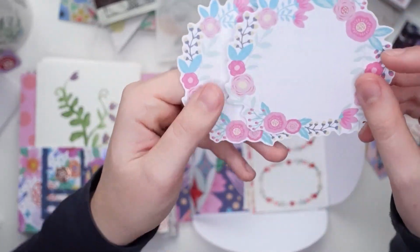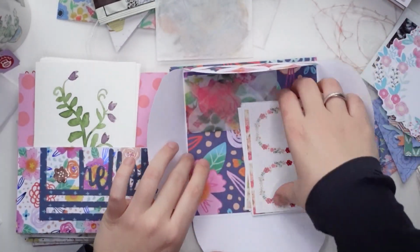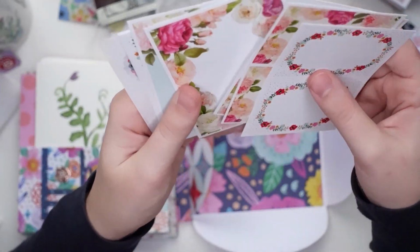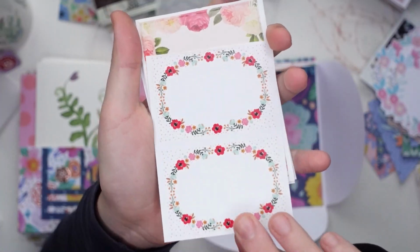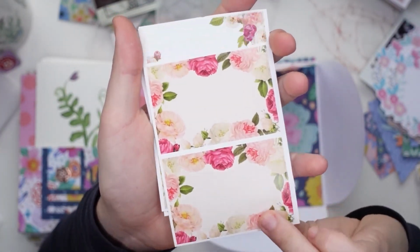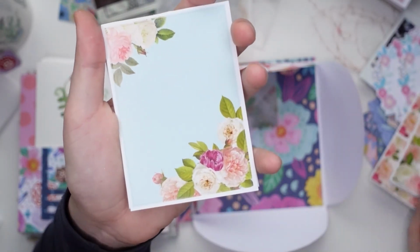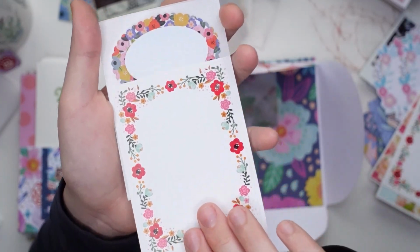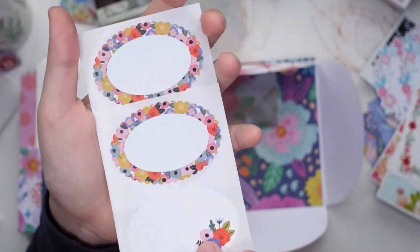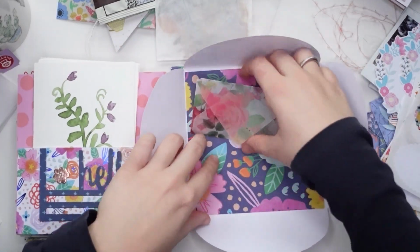Then these for address labels. Yay, love the florals. All of these labels, like I have a thing, I have a problem, I should say, an obsession. So she read my Swapbot profile really well, because probably everything I had on my wish list and more is in here. And then last but not least,